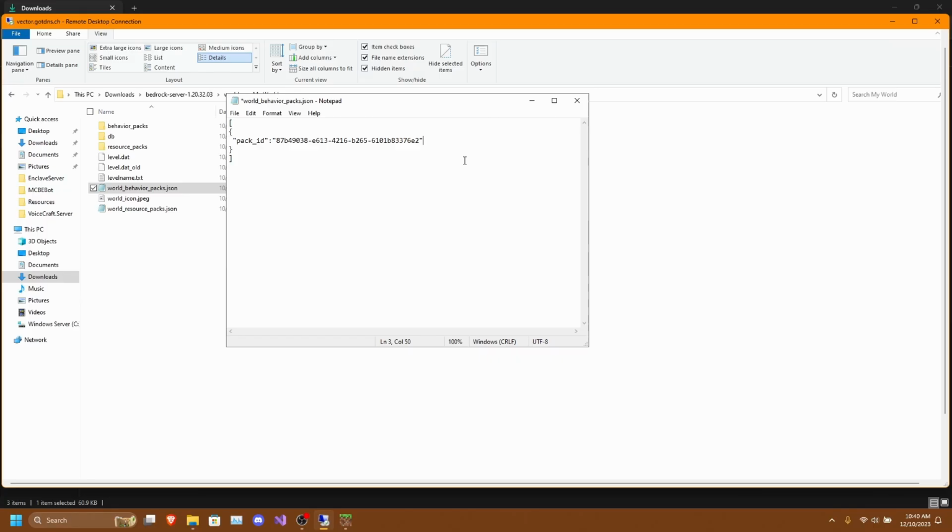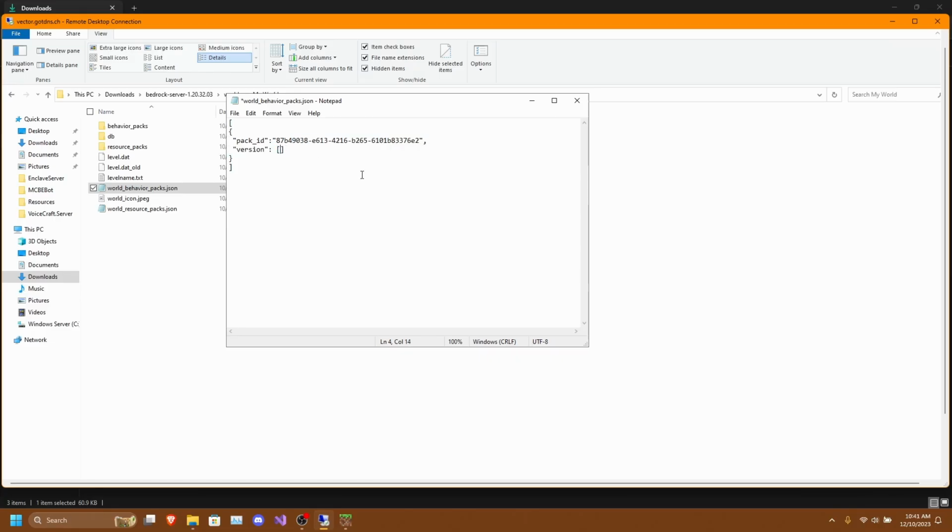Next thing is we need to add in the version. So we'll just put in a comma. Then we'll add in version. Next we need to add in array. So we need to do the square brackets.